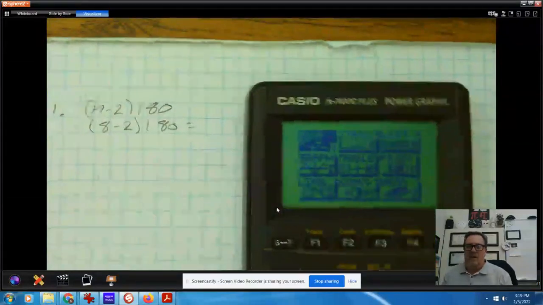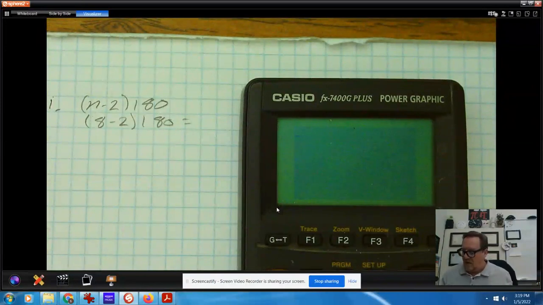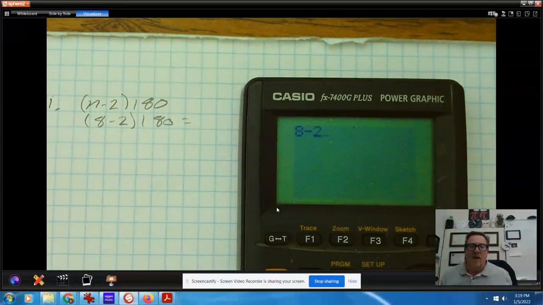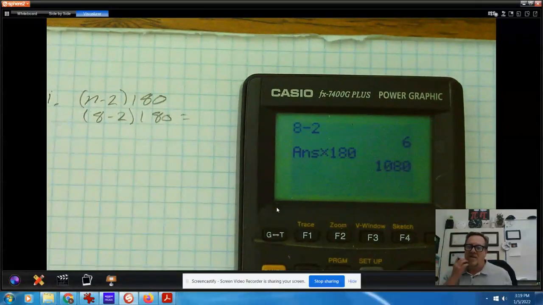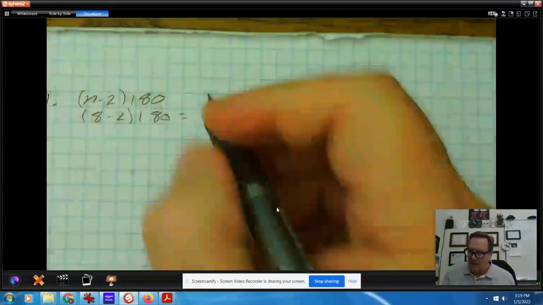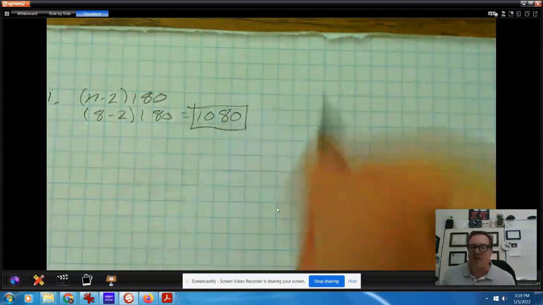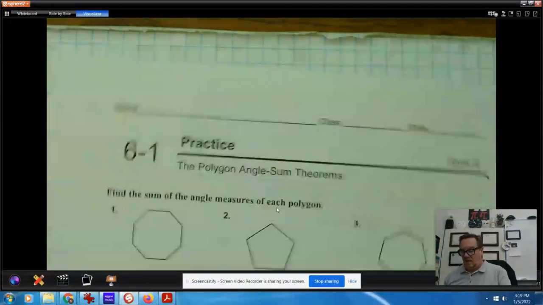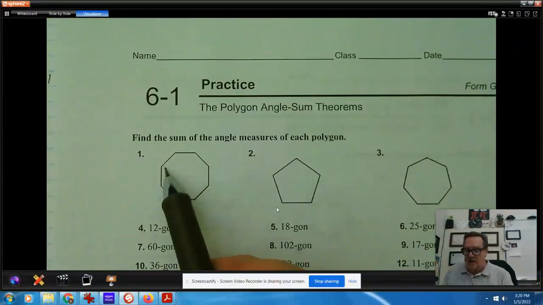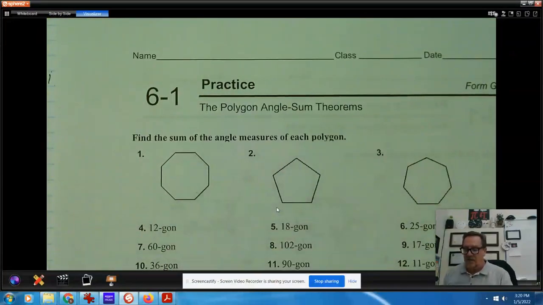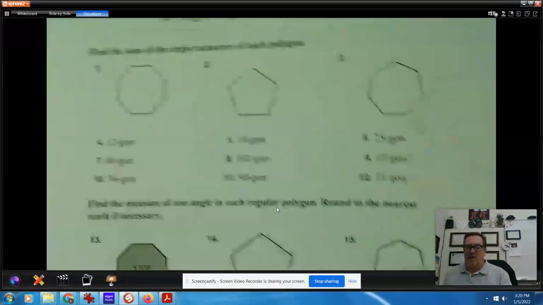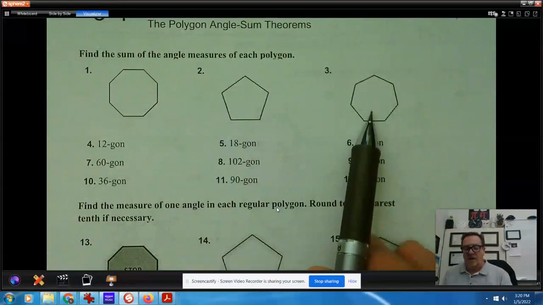Best if you have a calculator. Phones have been known to work, but calculators are preferred. Anyways, if I did 8 minus 2, I'd get 6, and I can take 6 times 180 to get 1,080. So I'm going to write 1,080 as my answer. That is what I would get if I added all of the interior angle measures together. Okay? So you would continue to do that for 1 and for 3,